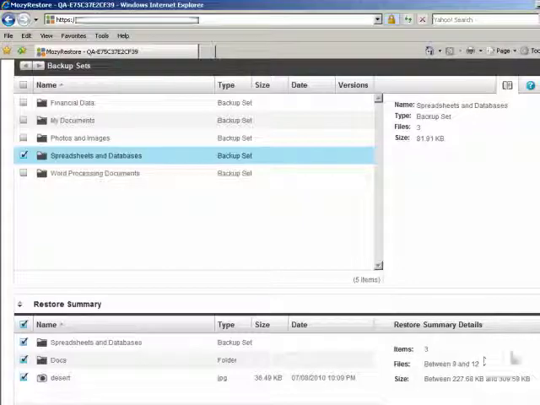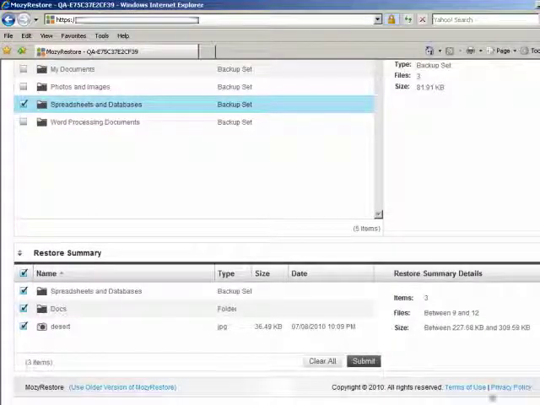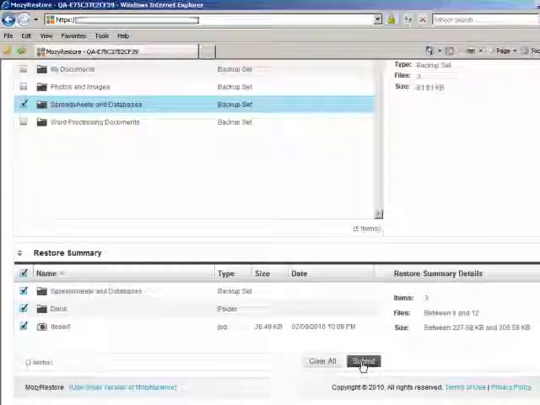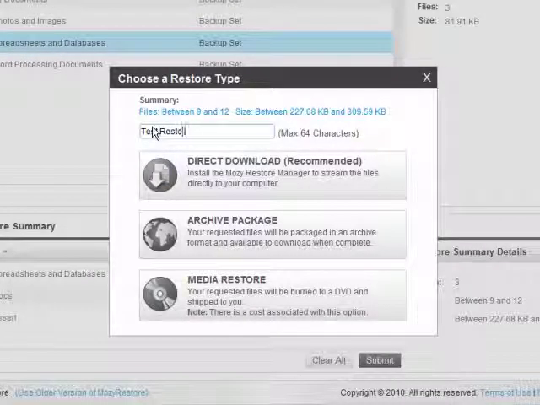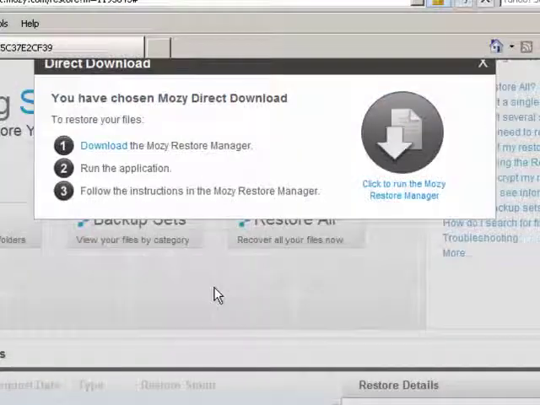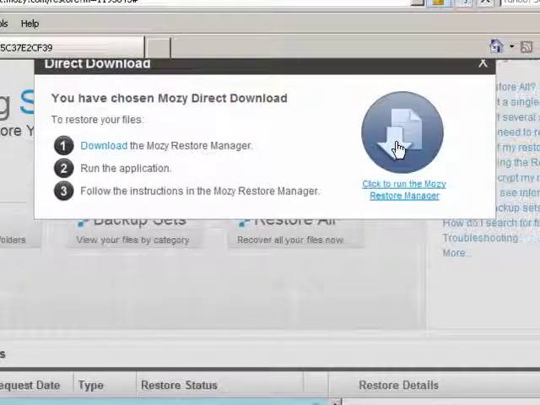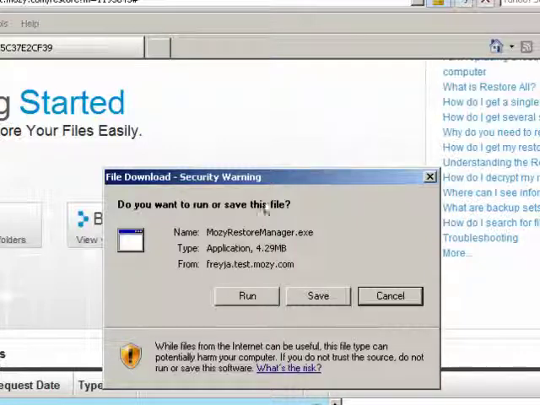So now that I have selected all the files, I can kick off the restore by clicking Submit. First, give the restore a name, for example, Test Restore. We are asked to select the restore type. The recommended option is Direct Download, where the restored files are streamed to your computer using the Mozy Download Manager, and this is the option that I will use. Click Direct Download and click to run the Mozy Restore Manager. When asked if you want to run or save this file, click Run,